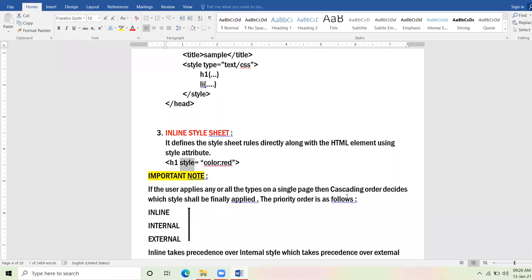So inline style sheet means when we are using the style attribute inside individual tag. Now suppose there is one more place where I have used the H1. This H1 in which I have applied the property is applicable only to one place where H1 is used. Suppose in your coding you have to use H1 again. There is some area in the coding where you are to repeat H1. That time you have to provide separate property, right?